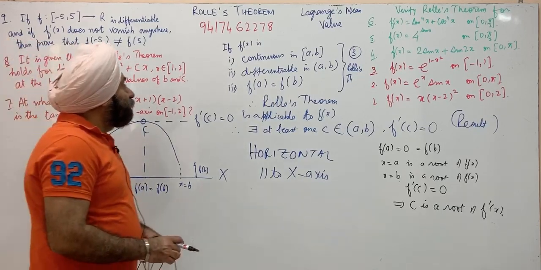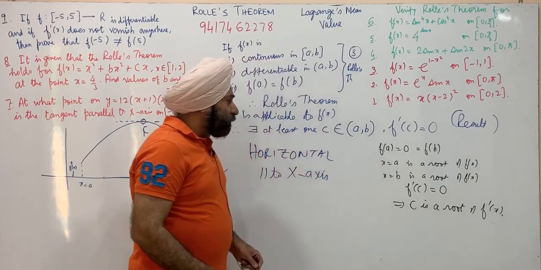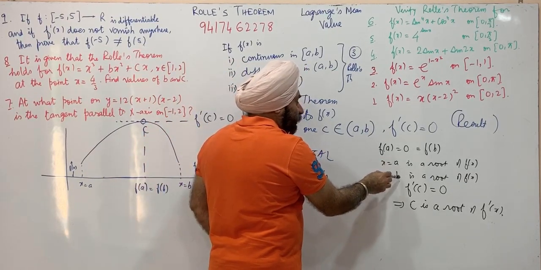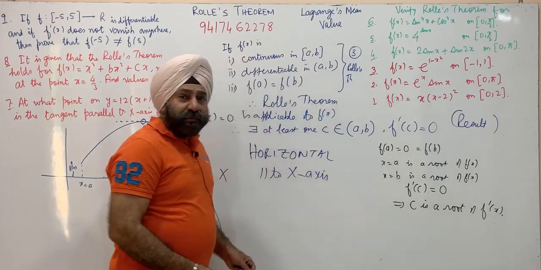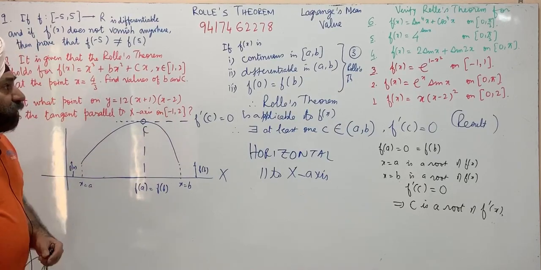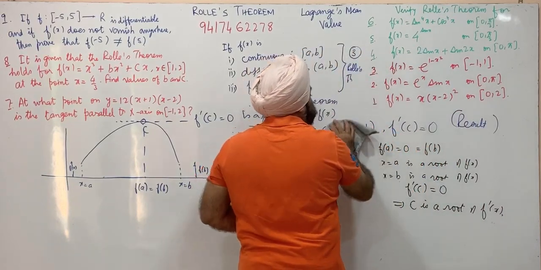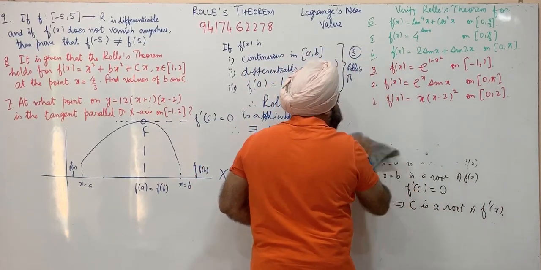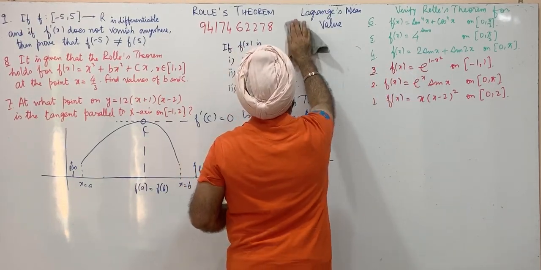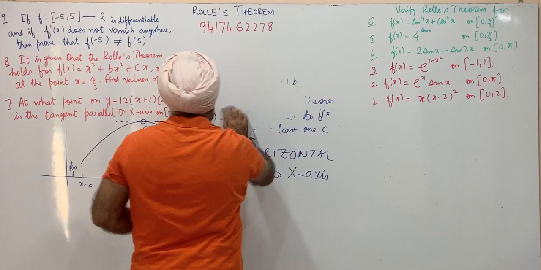So can we say that Rolle's theorem means that between any two roots of a polynomial or function f of x, like a and b, there exists a root of the derivative of the function. So this is another meaning of Rolle's theorem. Now to solve questions on Rolle's theorem, we need properties of continuous and differentiable functions. Lagrange's mean value theorem we'll discuss next time. Today it's Rolle's theorem only.